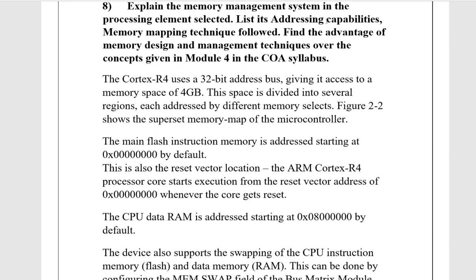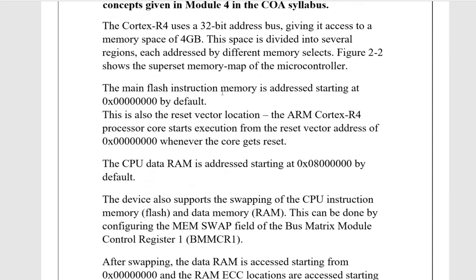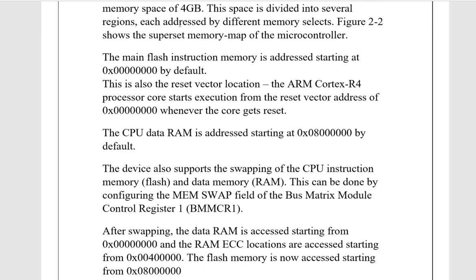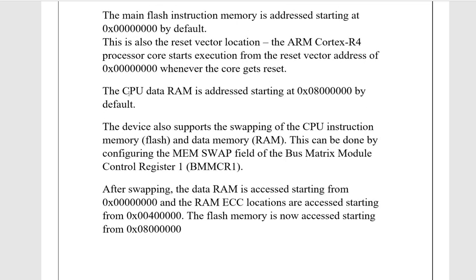So the memory management system in the processor which I selected, the Cortex R4, uses a 32-bit addressing bus, giving it access to a memory space of 4 GB. This space is divided into several regions, each addressed by different memory selects. The main flash's instruction memory is addressed starting at 0x00000000 by default. The CPU data RAM is addressed starting at 0x08000000 by